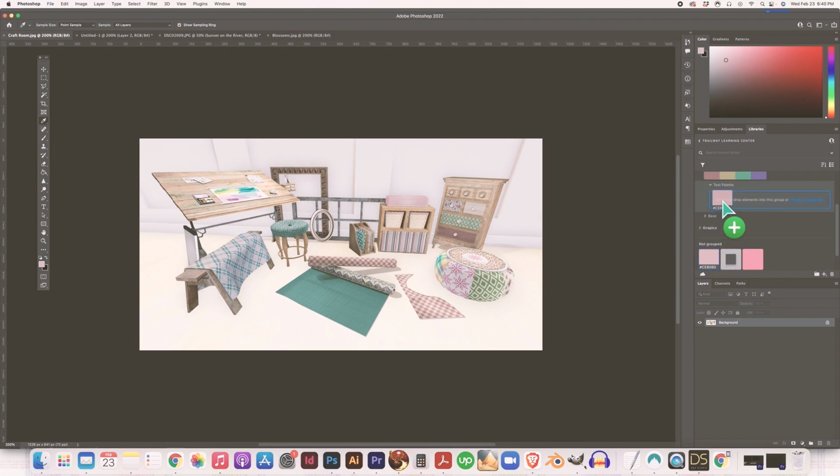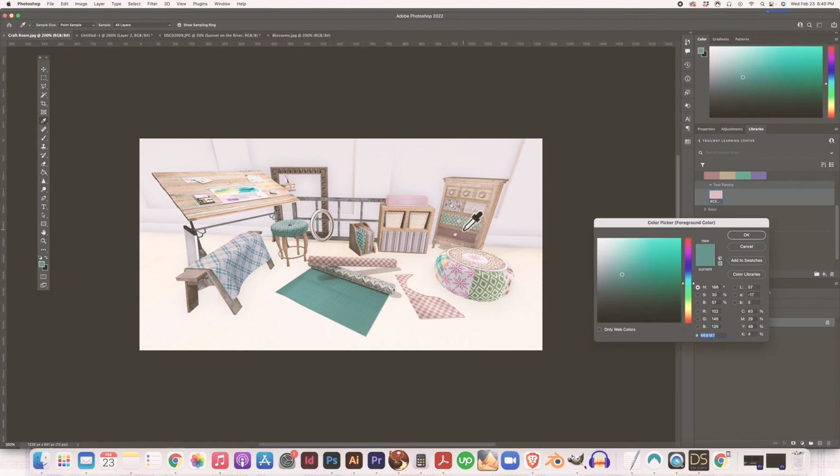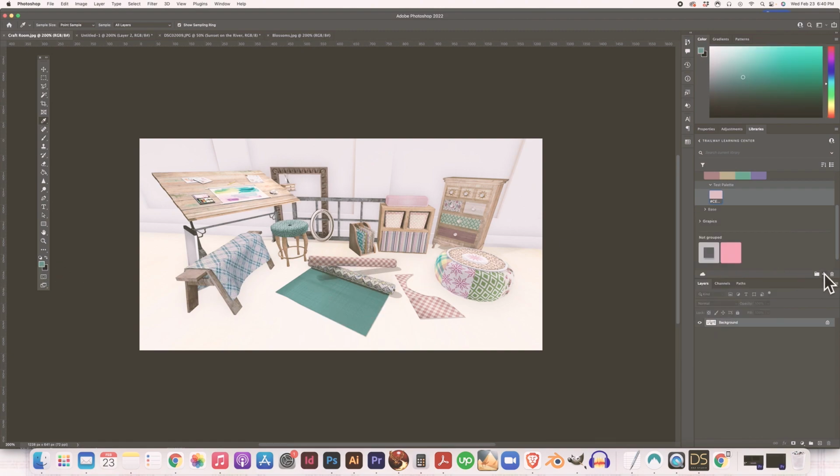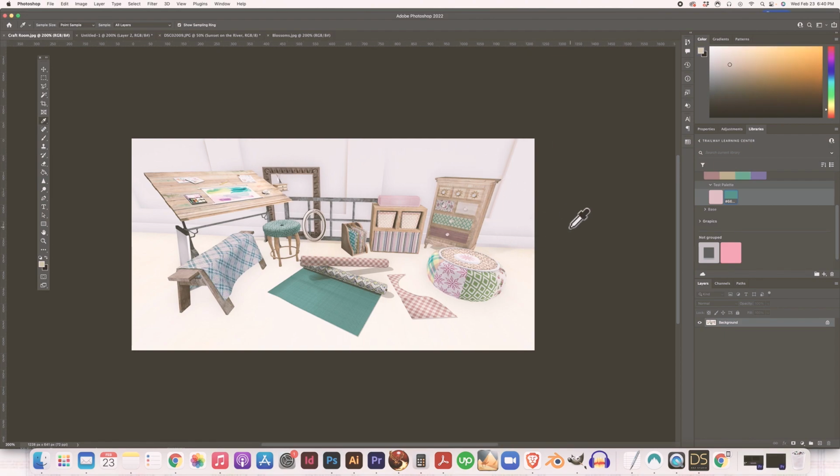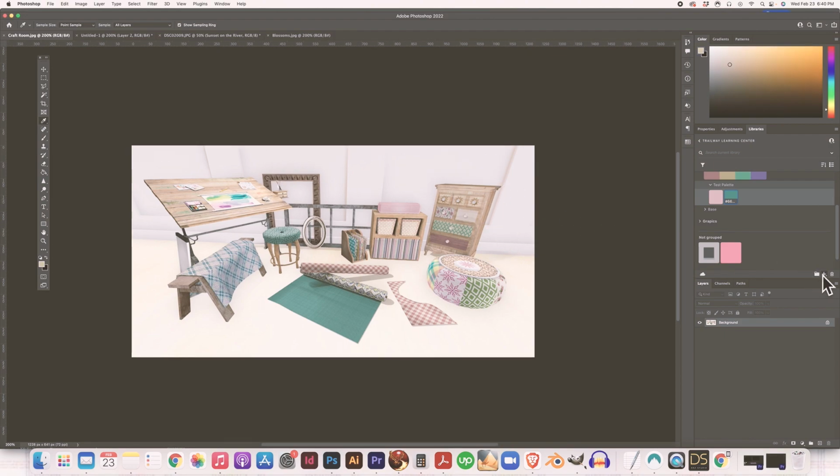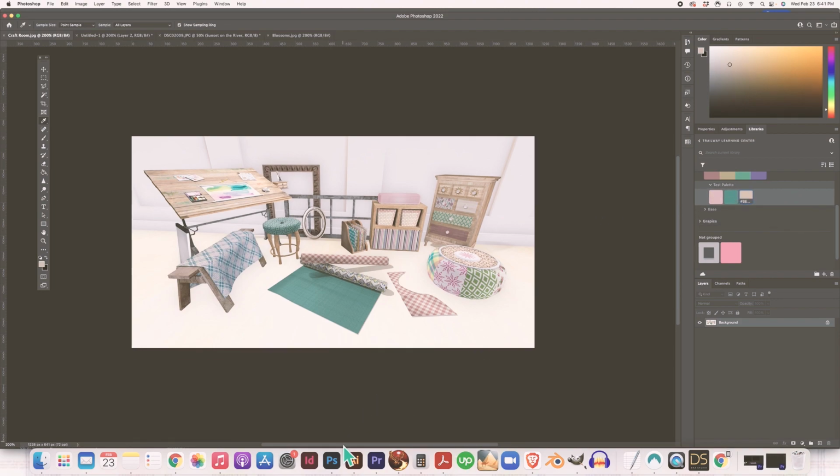And it didn't put it in my folder there, but I probably didn't have that selected or something. So you could just do that, pick colors that are naturally in the image and then add them to your group. And after doing that, you can build up a nice palette that will probably work well together. And then once you have this library created in Photoshop, if you were to jump over to